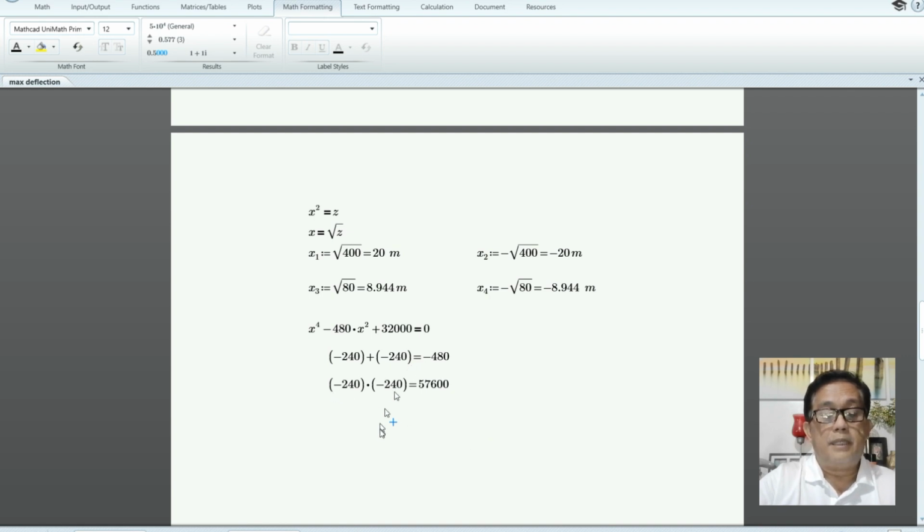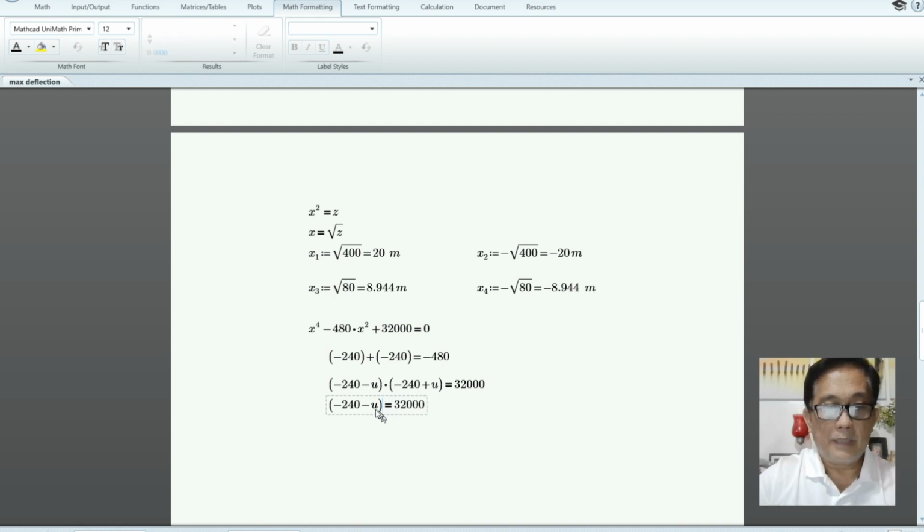Maybe the correct sum, but so let's say I'm going to subtract a value from this one. Let's say I subtract say 5, and I will add the same value here, 5. That should total to negative 480 still. However, the product is still not 32,000. I can keep on subtracting and adding the same number, so I will get the same sum, but I'm not getting the correct factor. So instead of a number, I'll use a variable. Let's say u. This should be equal to 32,000. So our problem now is to solve for u.